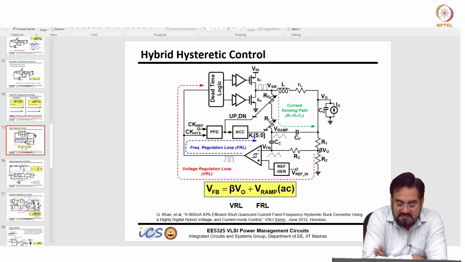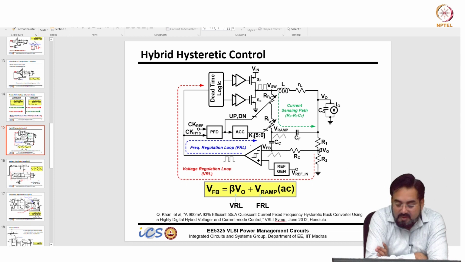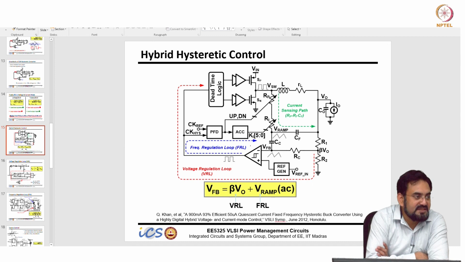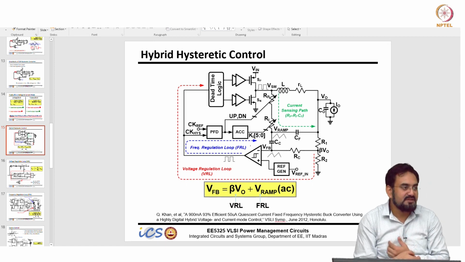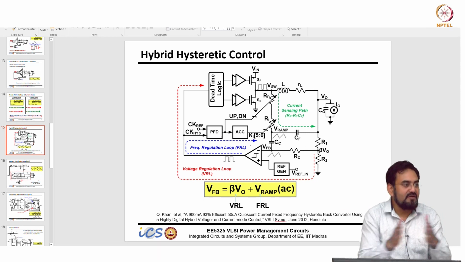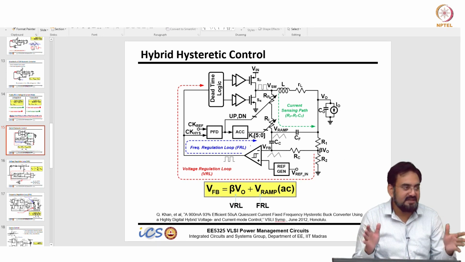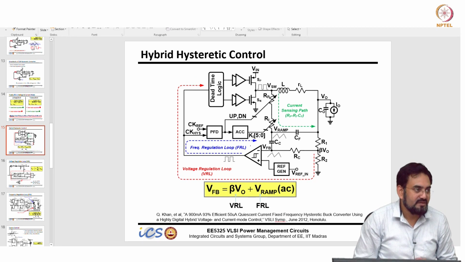So, one thing you have to remember, this FLL has to be very slow. The reason is, if I make it very fast, what would happen? You are going towards a normal PWM control, and what was the advantage of hysteretic? Fast transient, because your comparator can respond very quickly, and the transient improvement is achieved only because it is non-synchronous. So the comparator can turn on and off all the way, which means during transient frequency is not defined here.